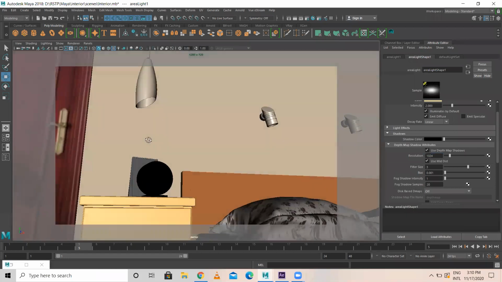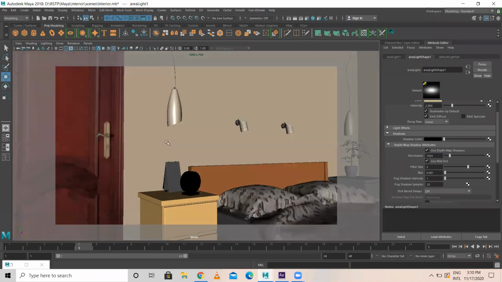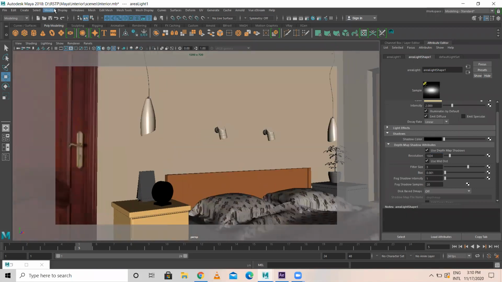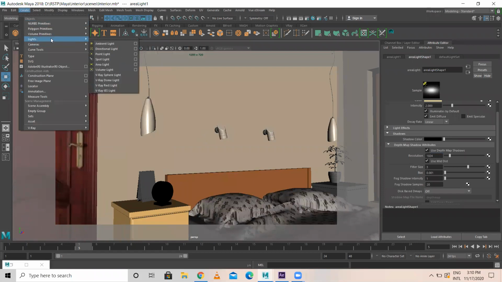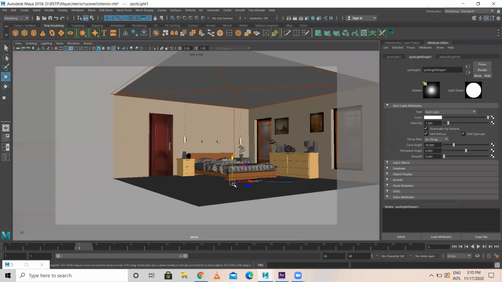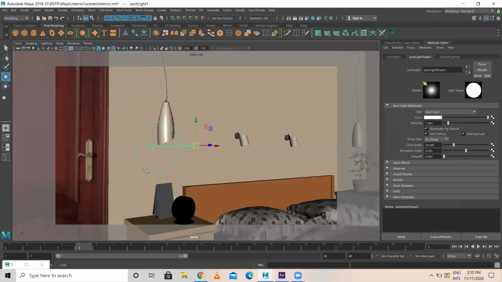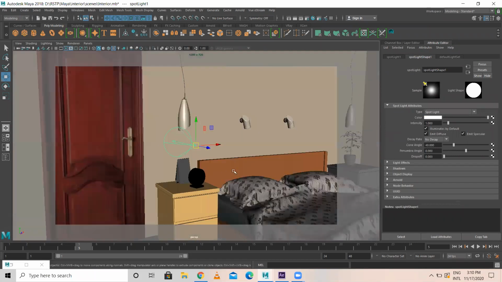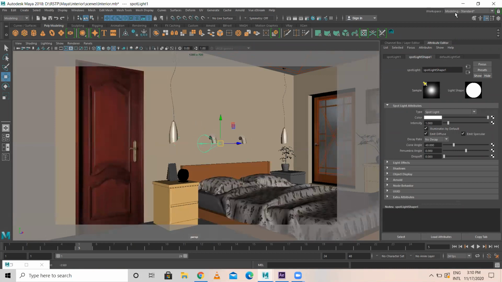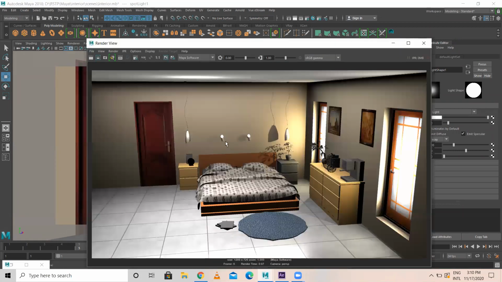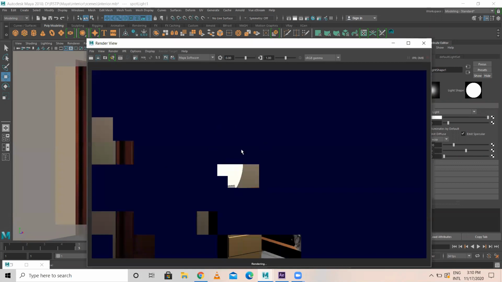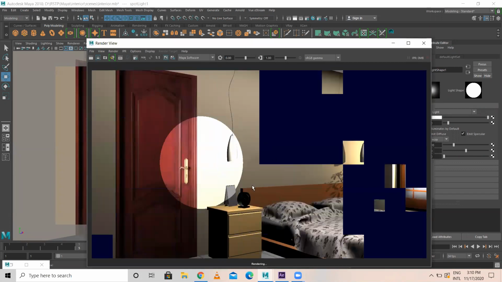Okay, then we have some spotlights here. So for this, what I have to do is under create light, you have spotlight. Take the spotlight, place it here. Spotlight looks like this. Okay. So even if I render, you can see a spotlight here like this. Okay.